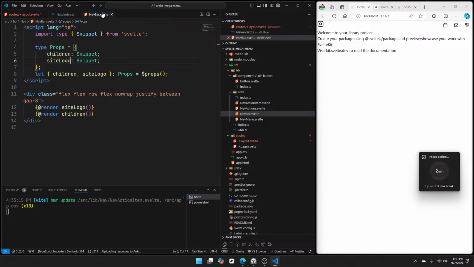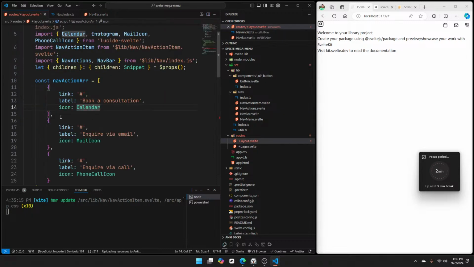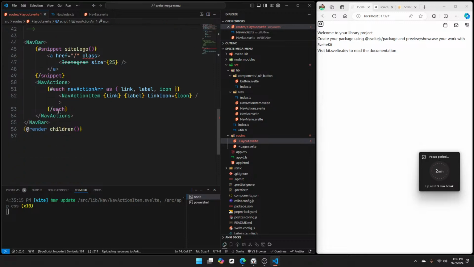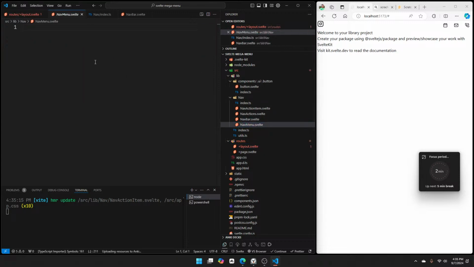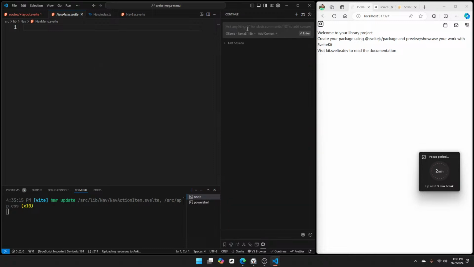Next, what do we want? We want some items right here. And that is going to be the nav menu. Okay, control L, I guess. And right here, I can say, okay, what do I want it to do? I want it to